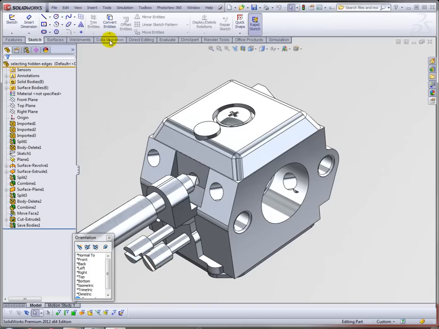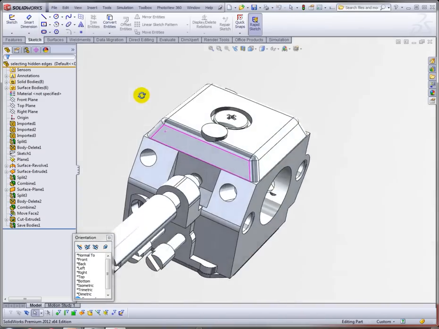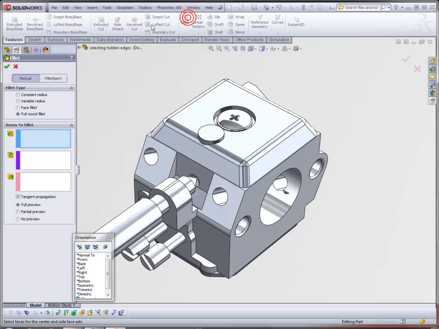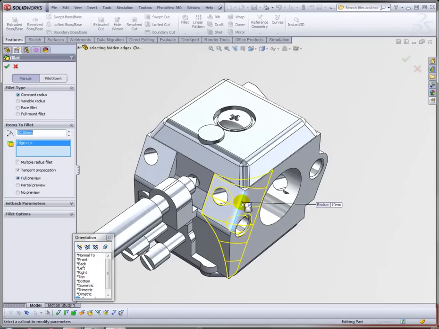Okay, so I know you want SolidWorks to be fast and efficient, and we've built in a lot of tools to help you to do that. Let's just talk about simple filleting and how you can use hidden edges to do that. If we want to create a fillet feature, just a constant fillet on this edge by, let's say, 1.5 millimeters, we can do that for a lot of our model, but then, you know what we do, we have to rotate our model around to get to these back edges. Well, you don't have to